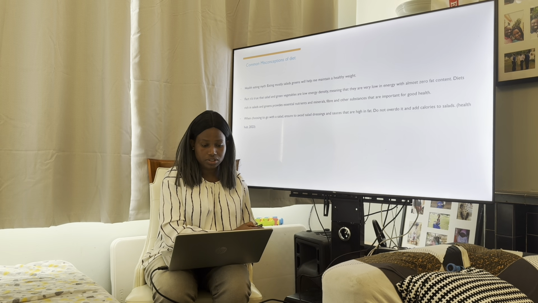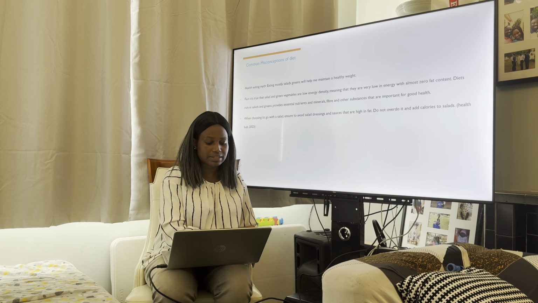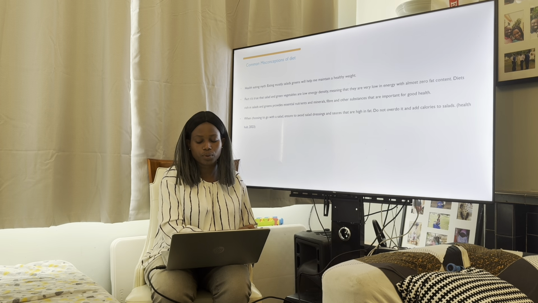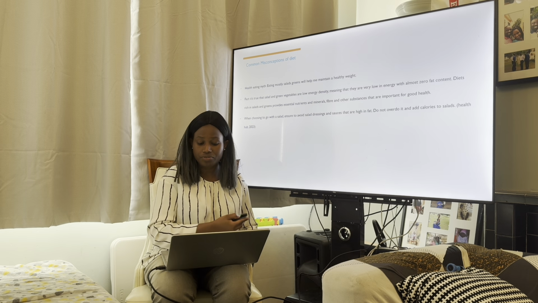Common misconceptions of diets. Healthy eating myth: eating mostly salad greens will help maintain a healthy diet. The fact is, it is true that salad greens are low in energy density, meaning they are low in energy with almost zero fat content. Diets rich in salad and greens provide essential nutrients and minerals, fiber, and other substances that are important for good health. When choosing salad, make sure to avoid salad dressings and sauces that are high in fat, and do not overdo it, adding calories to salads. These can be found in the Health Hub